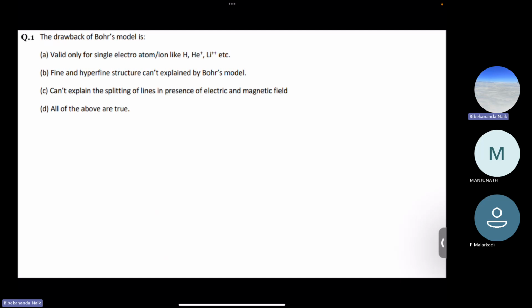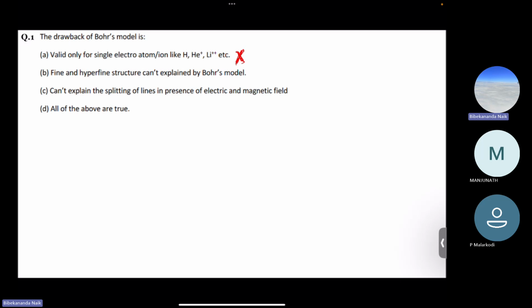For example, when the atom has only one electron, it may have more than one proton, which is true for helium plus and lithium 2 plus. However, those atoms have only one electron revolving around the nucleus. So how to calculate these things for multiple electrons was not explained by Bohr's theory. And again, the fine and hyperfine structures were also not explained